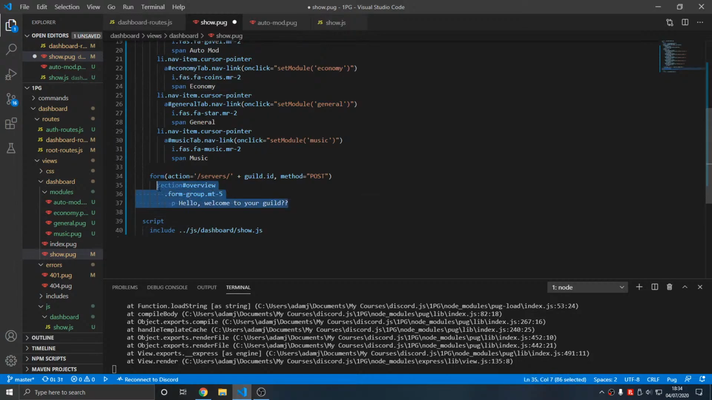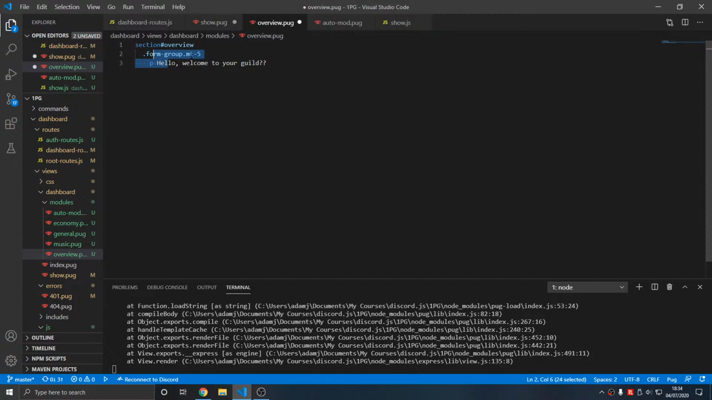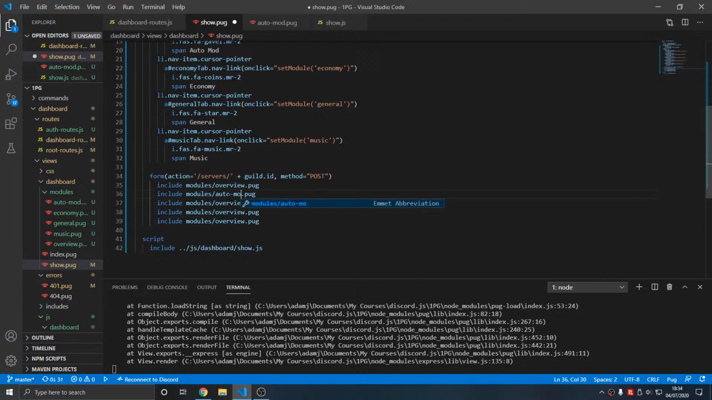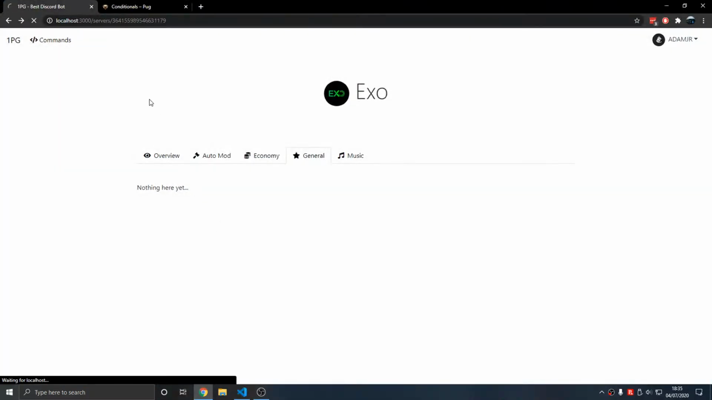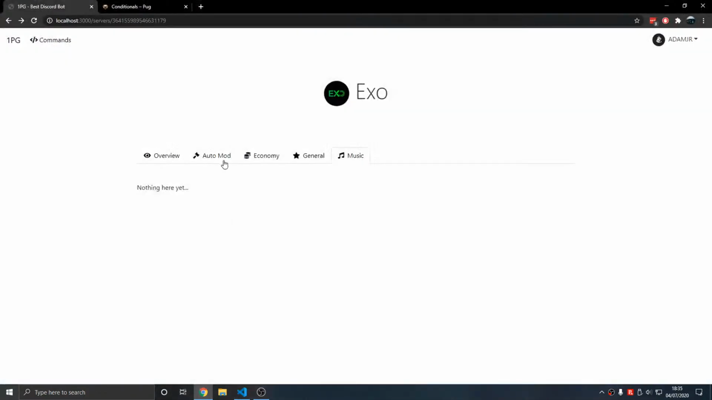And then the overview. So we're going to include modules slash overview. Kind of breaks the naming convention, alphabetical, doesn't matter. So, general, economy, music, automod, then we have them here in separate files, cleaner, better, and then now